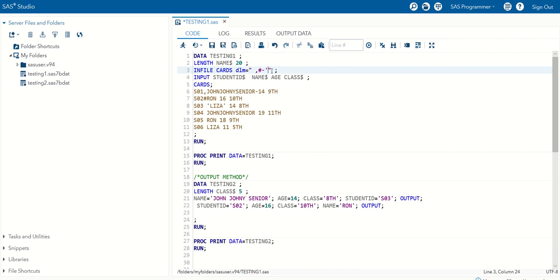So for example, if it had been double quote, with the quote in double quotes, we could not have put double quote here just one time.